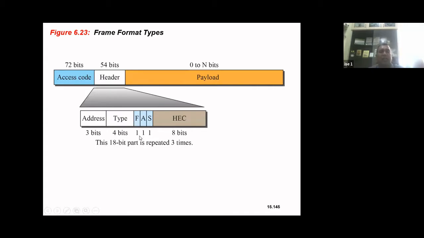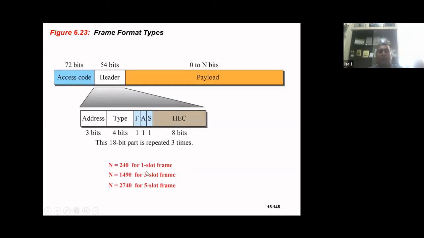So total 8 plus 3, 11 plus 4, 15 plus 3, 18. And there will be 3 such header parts. So 18 into 3 is 54.